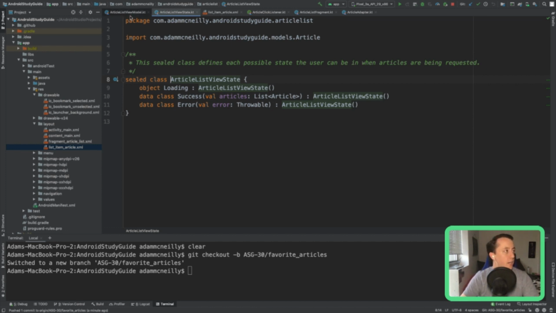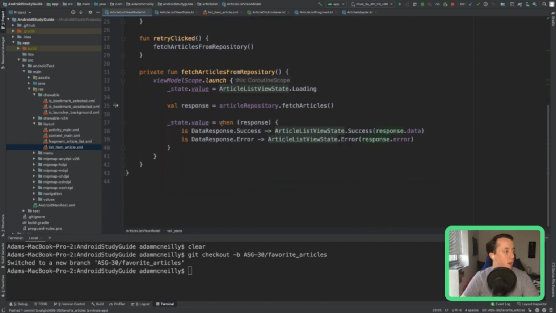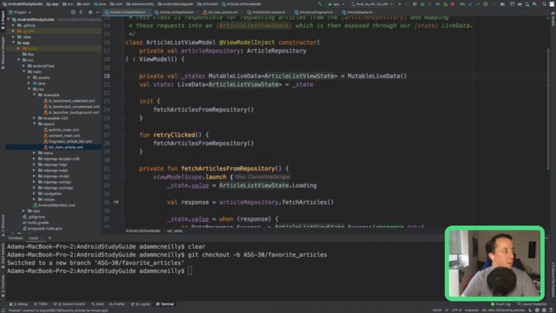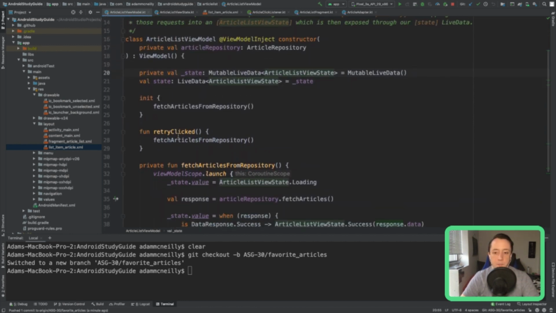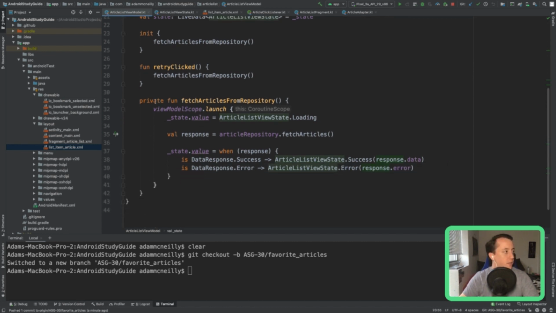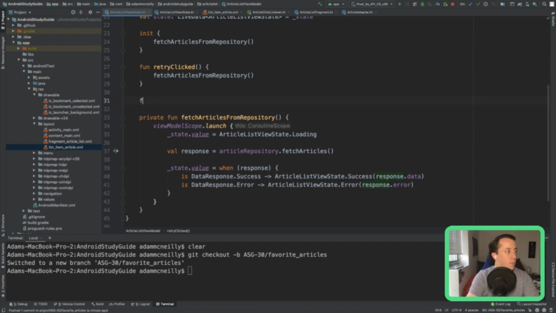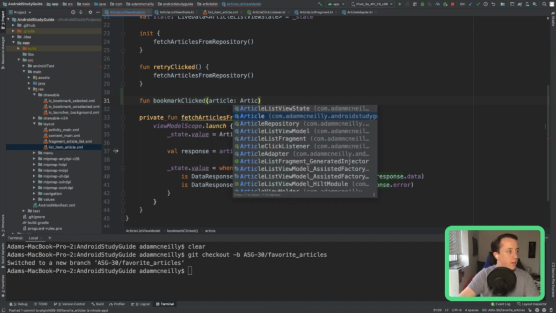So let's do that, and we'll actually try to go with what we've been doing before of keeping a test-driven development approach going. So one thing I'm going to do is start by just making a public method and say, you know, bookmark clicked, and then the article that was clicked.